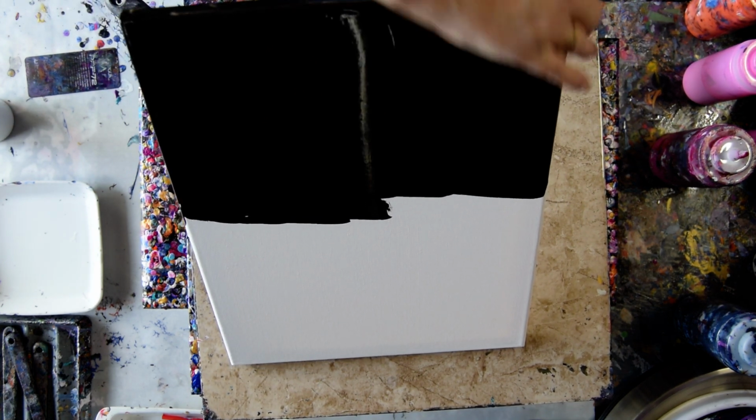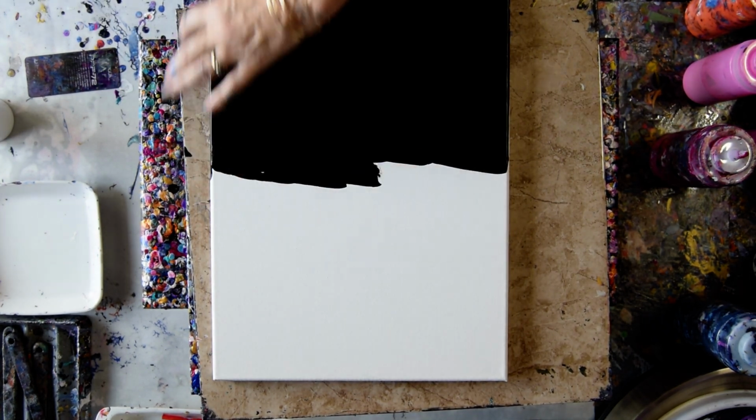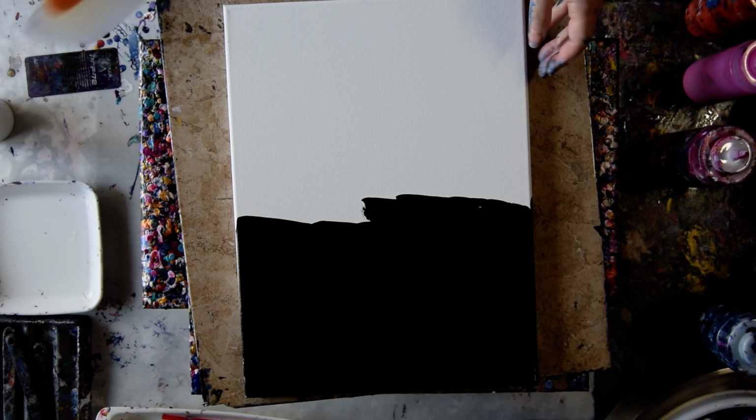And I can always add more paint later. So that's what I'll do. And I'm going to get a new spatula so I can spread white paint. Not that it really should make any difference. So here is